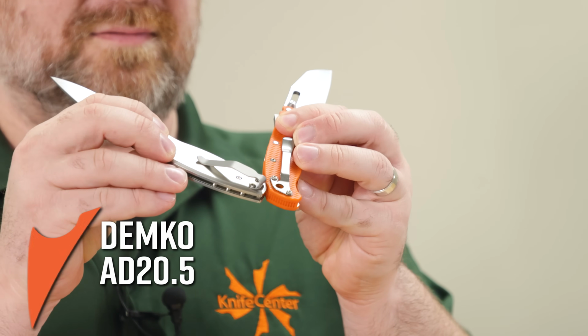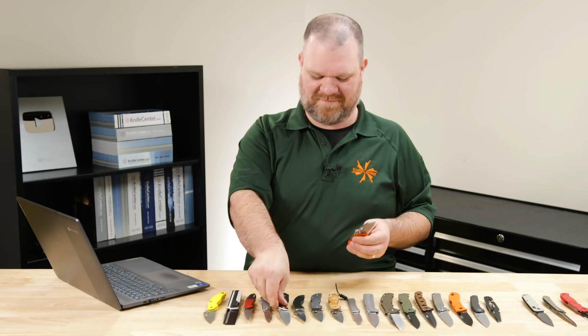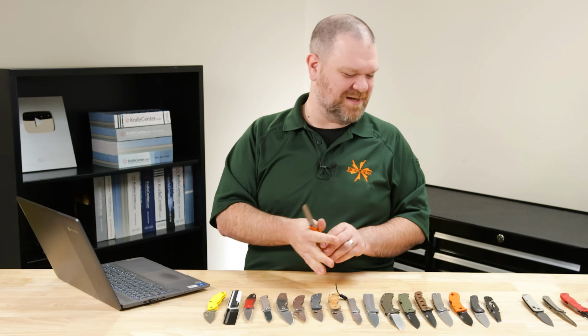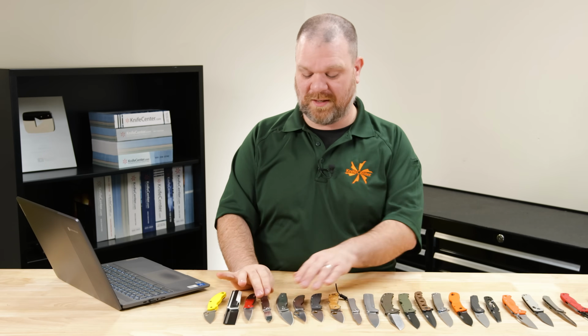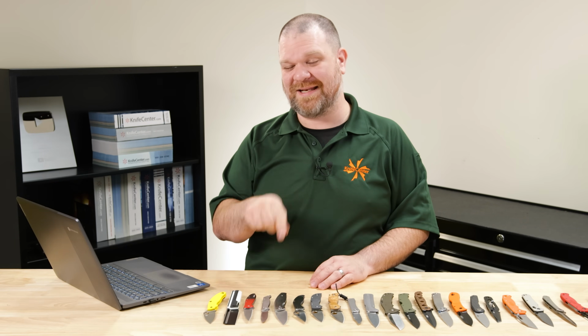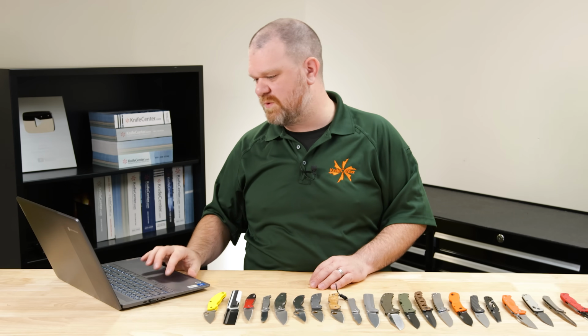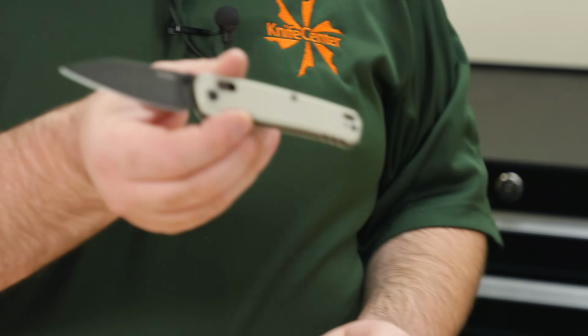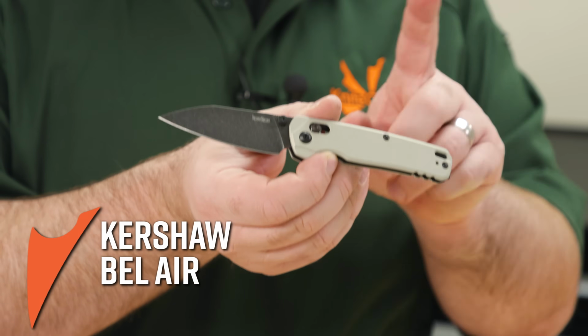Too thick. Great knife. Thin knife. Not thin enough. You know what might, however, be the aluminum versions of the Shark Cub, but I didn't have one on the shelf to compare it, but a little birdie told me we might be getting some more next week, so keep an eye out. Before I get to the last one, a lot of folks, in addition to the Chaparral, mentioned the